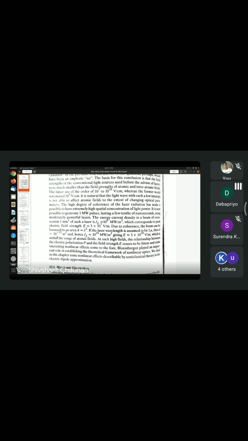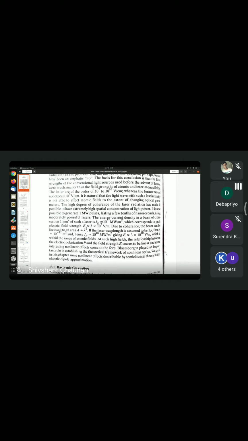So it is much larger than the 10 to the power 3 volts per meter associated with ordinary light rays, but still it is smaller than the electric field produced by the nucleus, which, as we have seen earlier, is of the order of 10 to the power 10 volts per meter. Now if you take an even more intense laser beam, say something like a 100 megawatt beam. Actually, this comes in the form of a pulse, not as a continuous beam, as we have seen in connection with continuous wave or CW lasers, like gas lasers or semiconductor lasers.